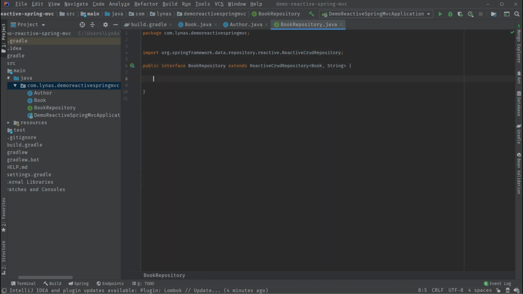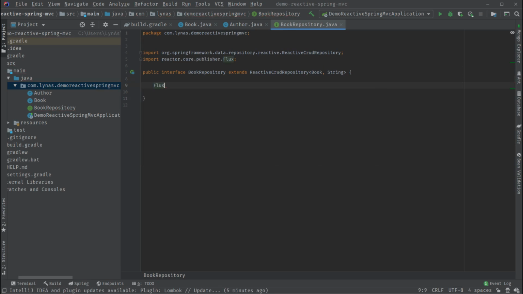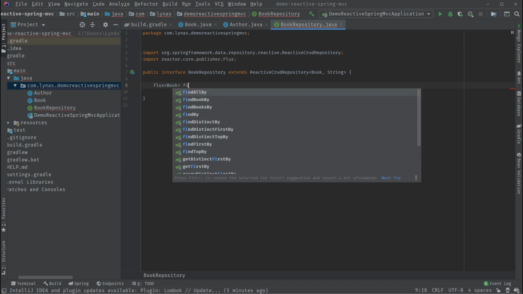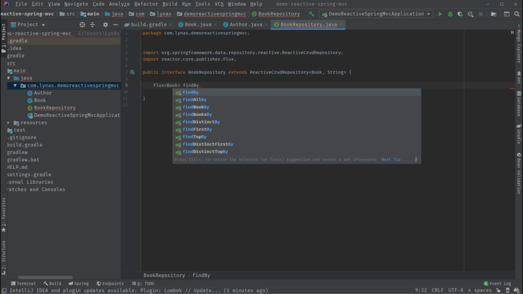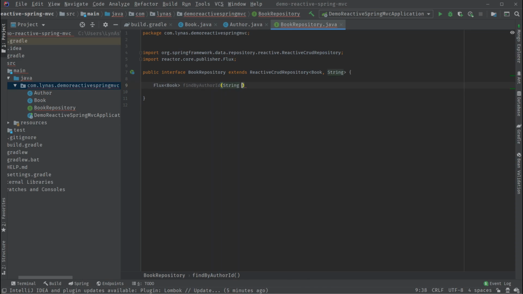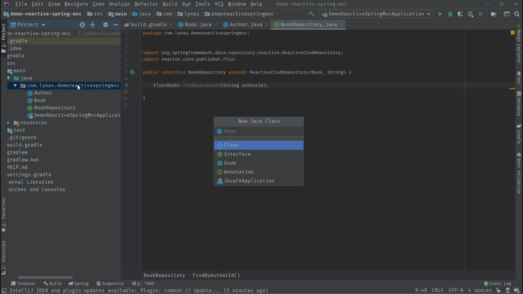I'm going to create one method over here, and this method is going to return a flux, because I want to return a list of books. So flux of book, and the method name is find by author ID and parameter author ID. So that's all for this, and I'm gonna create another repository